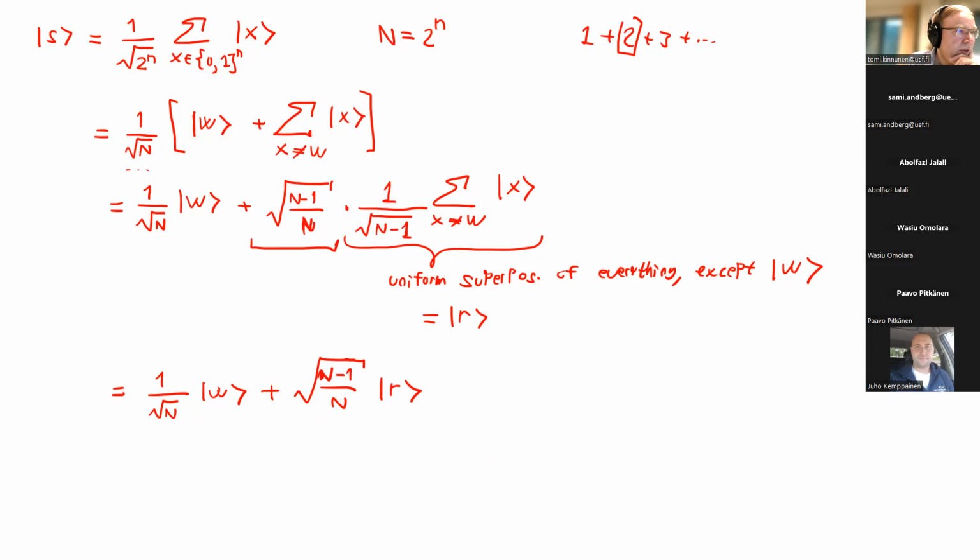By the way, is this a valid quantum state? How do we see if that's the case or not? Anyone still remember how we check? Just in case we are sometimes unsure. So we take alpha modulus squared plus beta modulus squared, which should equal 1. Here this squared equals 1 over N, this is N minus 1 over N. So when you add them up, you should end up with 1.